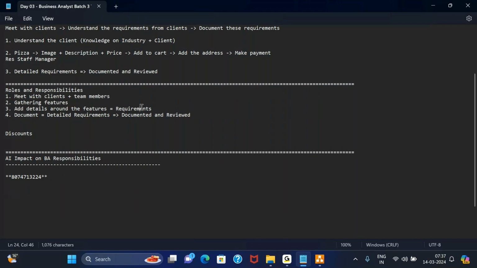Okay. Now these are some of the high level roles and responsibilities that you as business analysts will be mainly focusing on. When we go through this training program, we will understand some more detailed roles and responsibilities. You can call these out as major responsibilities, where you will be spending the bulk of your time as a business analyst.